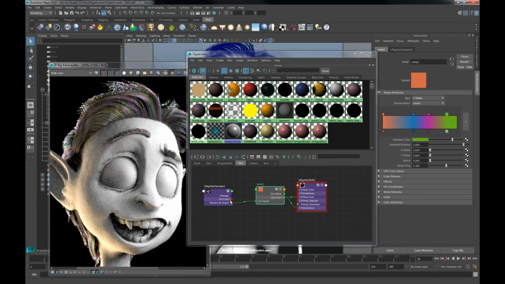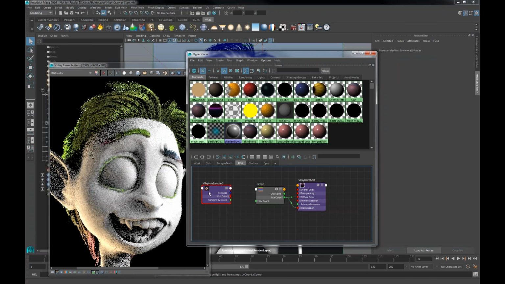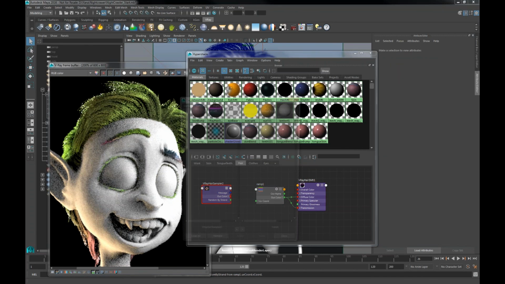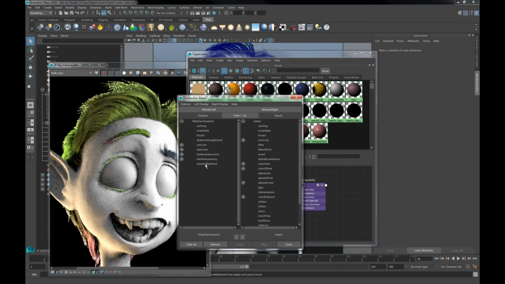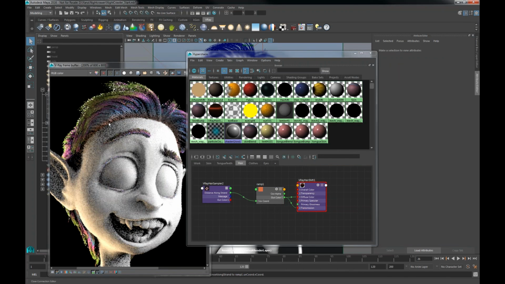All right, and you can use the V-Ray hair sampler in a different way. Let me show you this. So I'm going to connect it again to the ramp, but this time not the random by strand, but the distance along strand, again in the V coordinate. And now I have something like a rainbow. But this was just so that you can see what is going on. Now I'm going to press Z and go back,